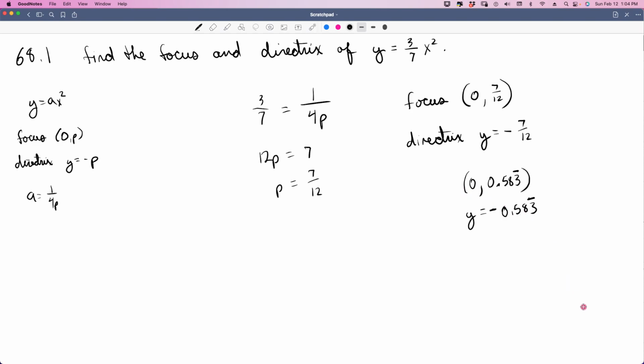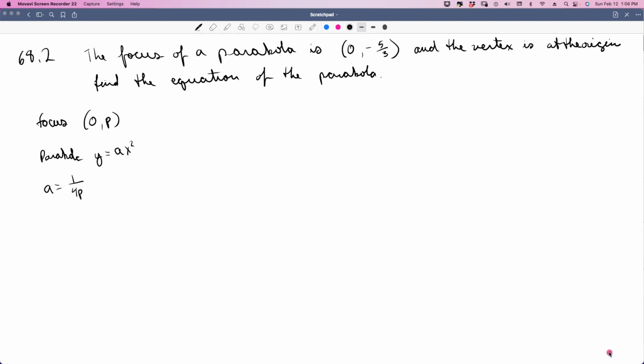Okay, so let's do another one. Here is 68.2. It says the focus of a parabola is 0 and negative 5/3, and the vertex is at the origin. So find the equation of the parabola. If the focus is 0, p, then we can safely assume that we can insert negative 5/3 in for p wherever it applies. If the equation for the parabola is y is equal to ax squared and a is equal to 1/4p, then we can set the equation as y is equal to